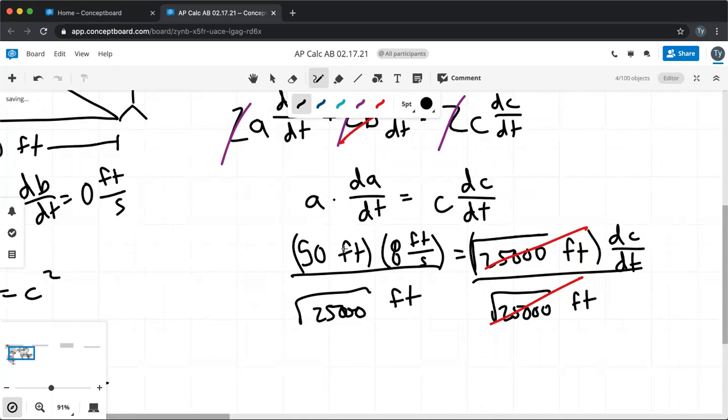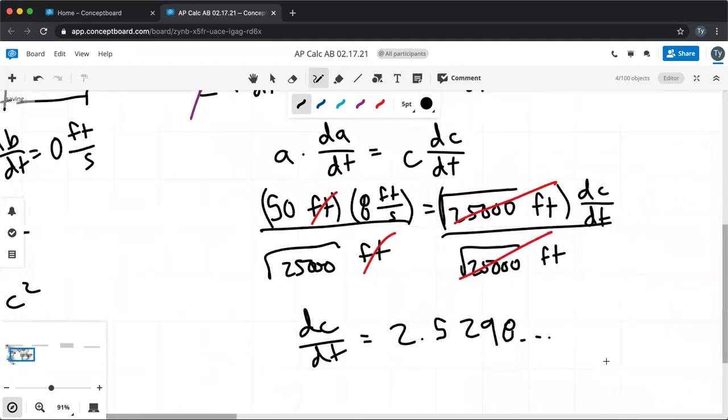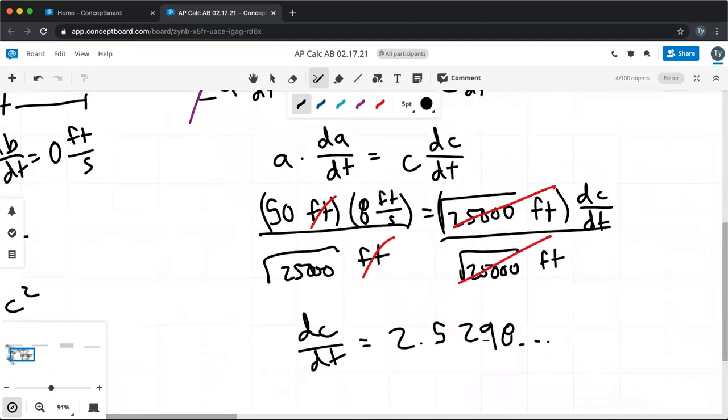Notice here that we have feet on top and feet on bottom. Those are going to cancel as well. Okay, and if you were to plug this into your calculator, you would get dC/dt is equal to 2.5298 and more stuff. Okay, and we need units for this, right? This number in and of itself is meaningless without units, so we need units. And the units we're left with are feet per second,